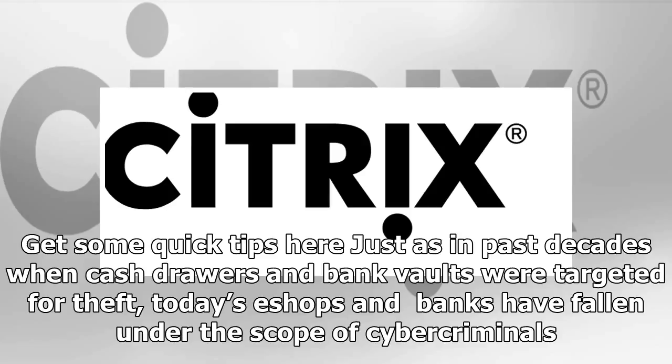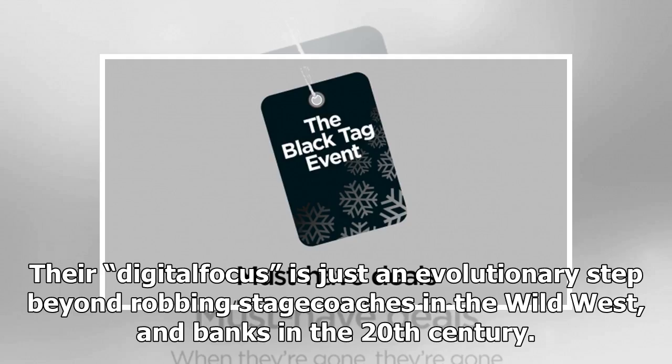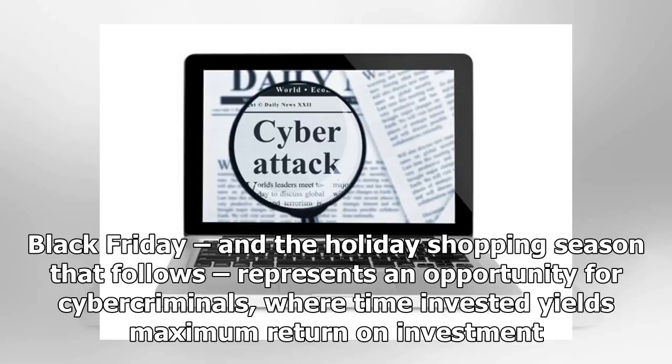Just as in past decades when cash drawers and bank vaults were targeted for theft, today's shops and banks have fallen under the scope of cybercriminals. Their digital focus is just an evolutionary step beyond robbing stagecoaches in the Wild West, and banks in the 20th century. Black Friday, and the holiday shopping season that follows, represents an opportunity for cybercriminals, where time invested yields maximum